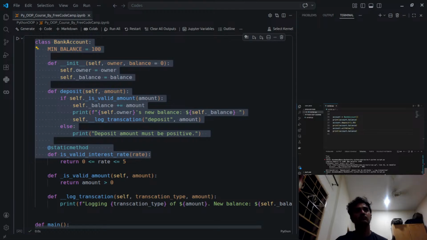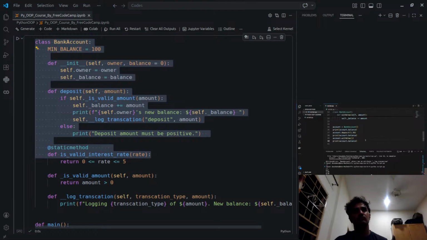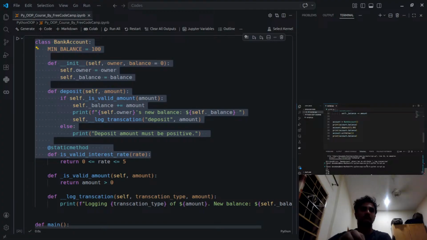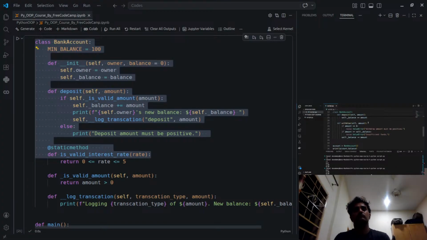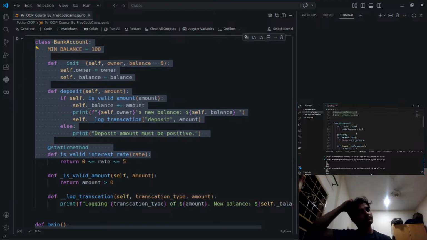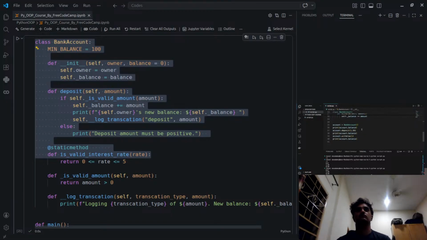Okay, so let's run this program. Let's see, so let's just uncomment what we had previously. So let's uncomment all of this and run the program again. So we can see the initial balance is 0, which we are setting in the init method when we create a new account object, which we're doing here. We deposit $199, print the balance, and then we withdraw 1 and print the balance again, and all of this